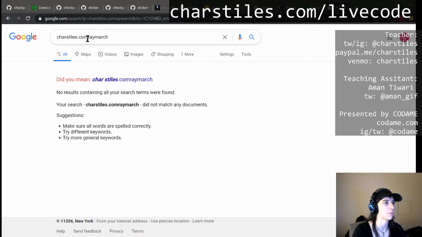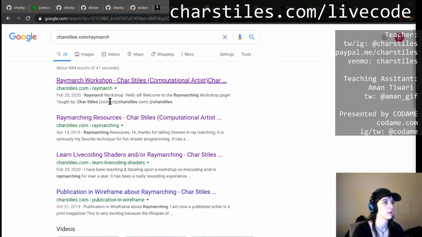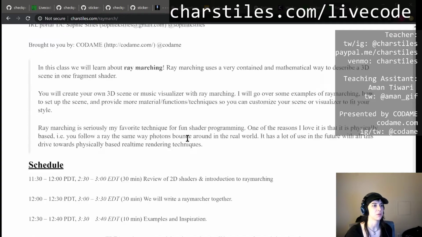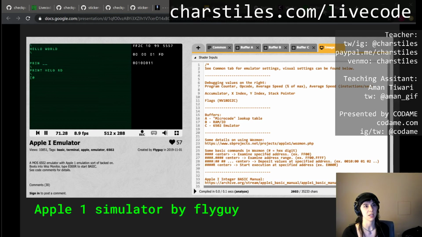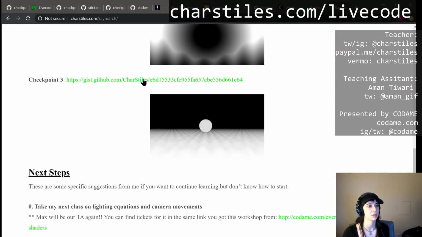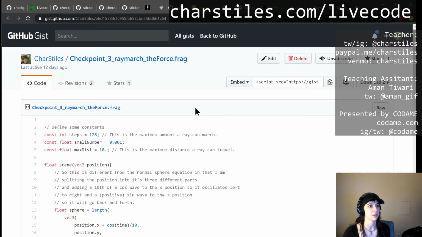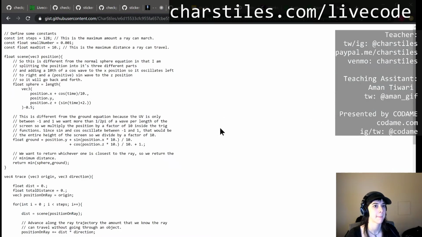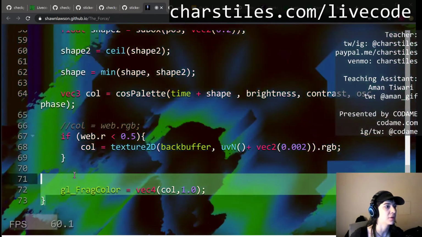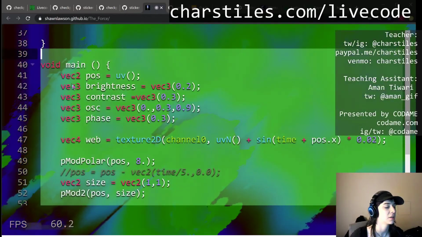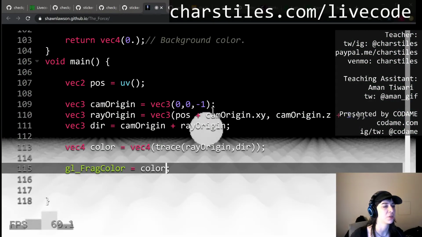March is this workshop. In this workshop, we learn how to create a 3D scene that we can go forward through, and we don't go through lighting or anything like that, but you can use all of the stuff that you learned here today. So I'm going to show you what that would look like. Okay, cool. So now we have it here, but you can also do